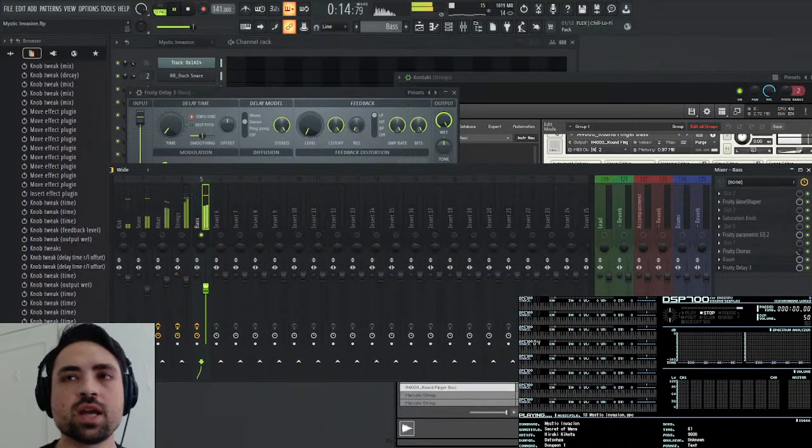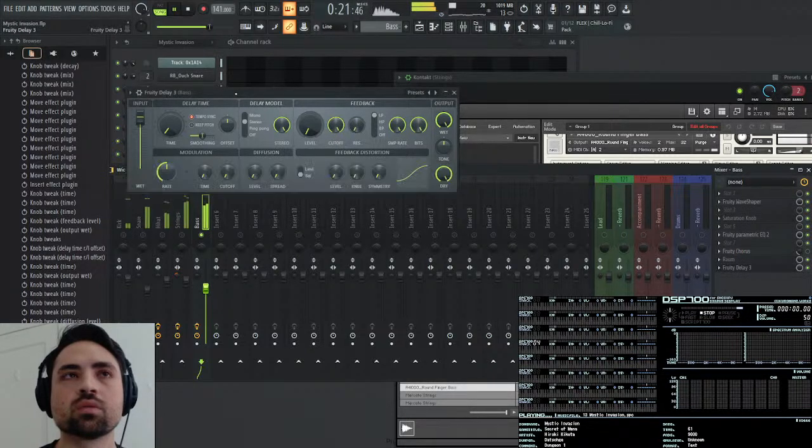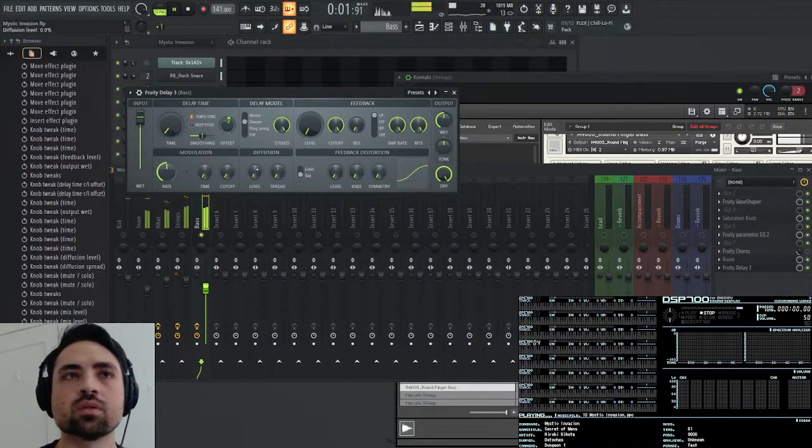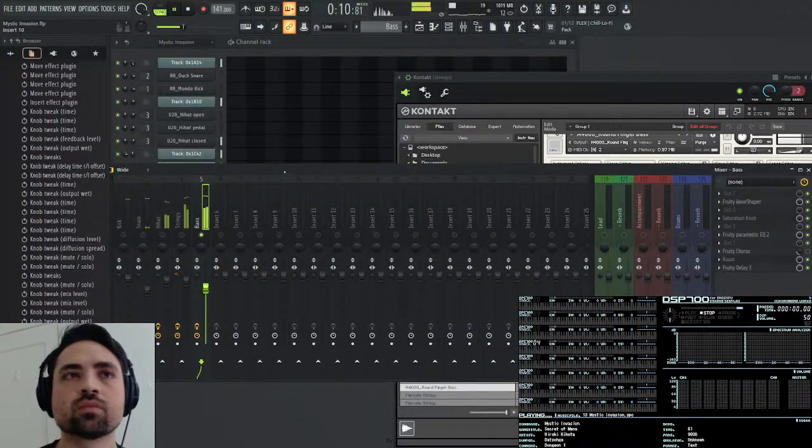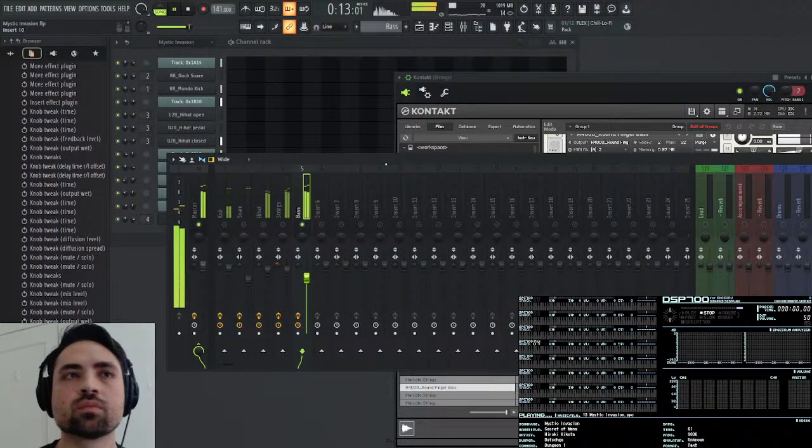Yeah, it should be more static. There we go. Kind of sounds like a surf rock bass now.